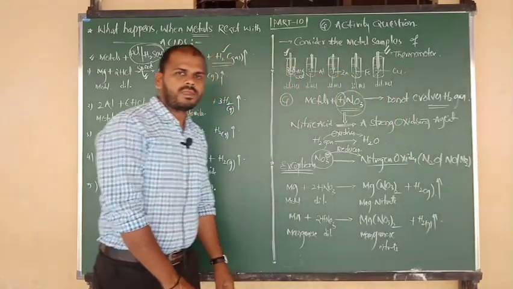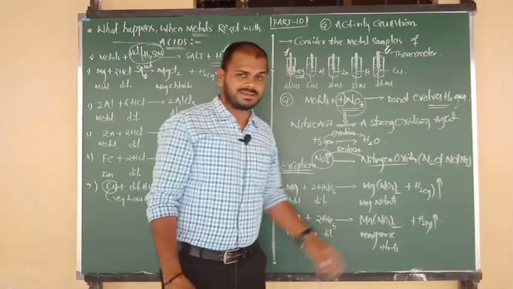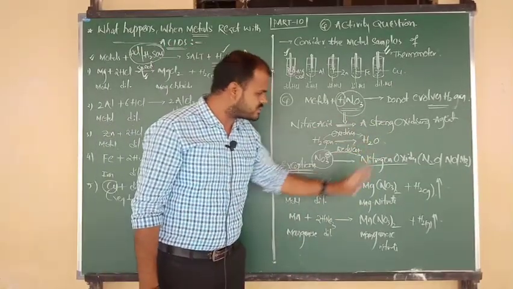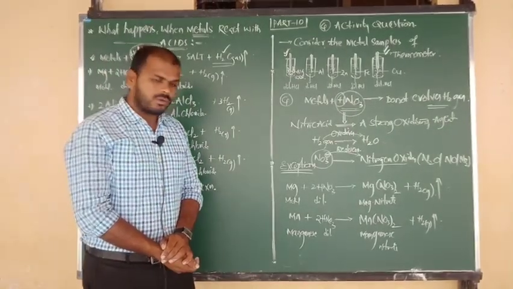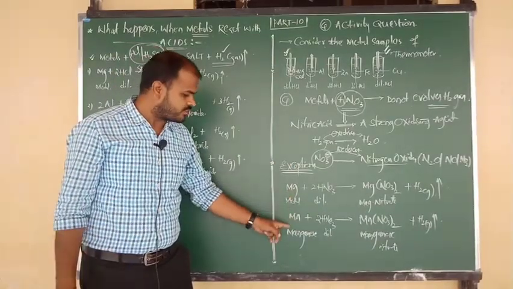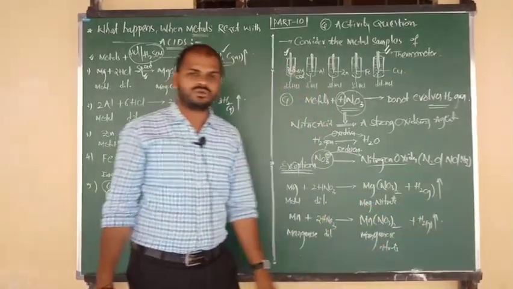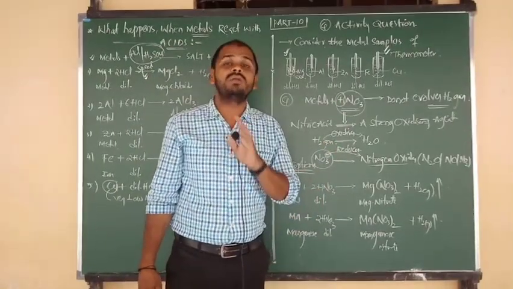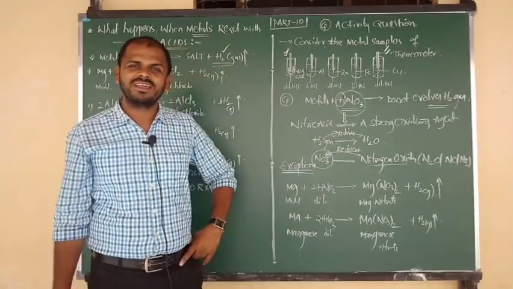This is the story. Generally, metals on reaction with dilute nitric acid do not release H2 gas because HNO3 is the strongest oxidizing agent. It oxidizes the hydrogen to water molecule and the nitrate ion to nitrogen oxides. But two metals are exceptions: one is magnesium, one more is manganese. When these two metals react with dilute HNO3, they can release H2 gas. Except these two, the remaining metals on reaction with HNO3 do not release hydrogen gas. I hope you understand this story. Okay, beta? Right.